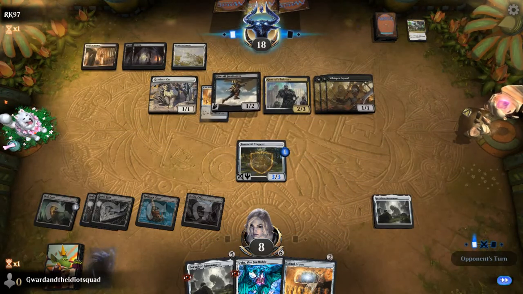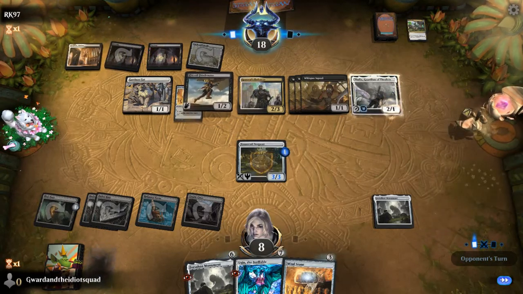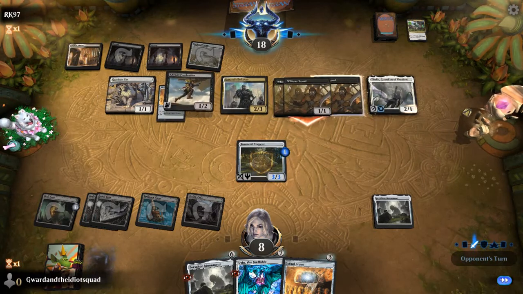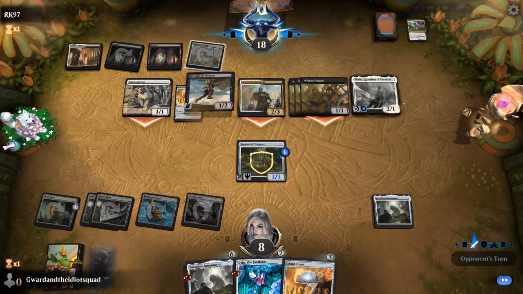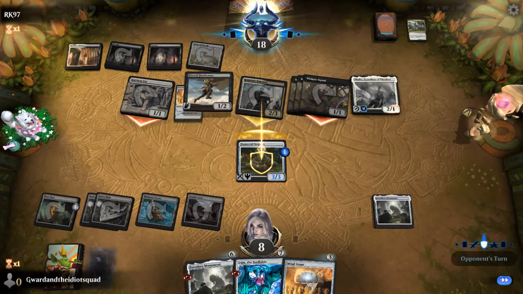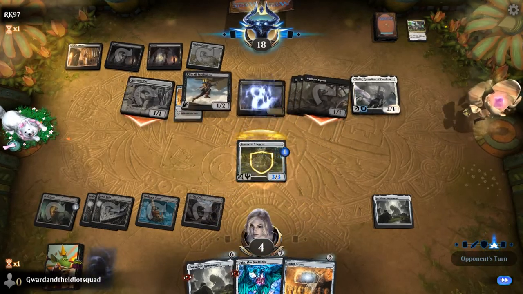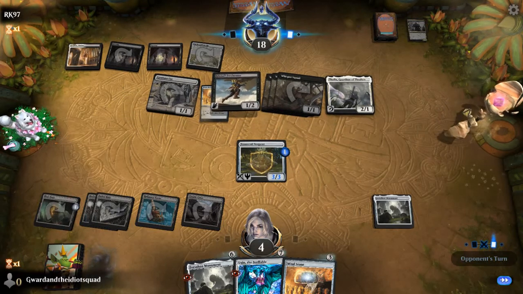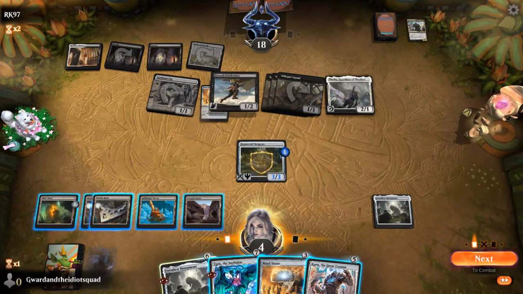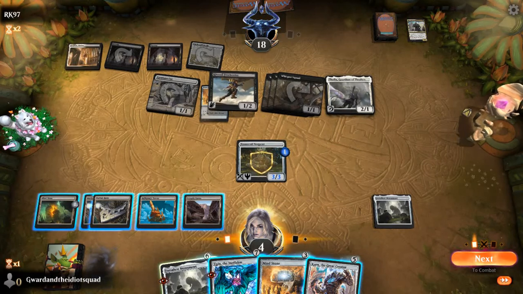I like my Mind Stone back, though. Yeah, that's fine. With our deck, that's actually fine for us. So we'll block the 2/3 then. Alright, cool. Alright, we got a Karn. That's good. So we technically have...